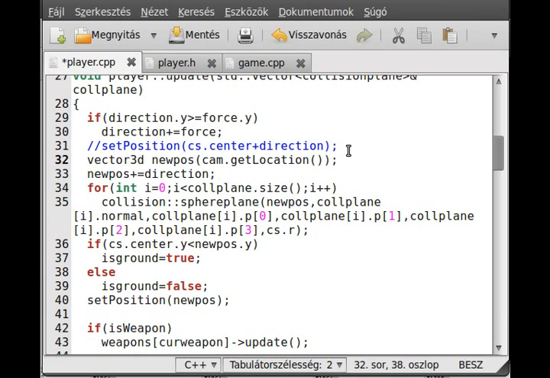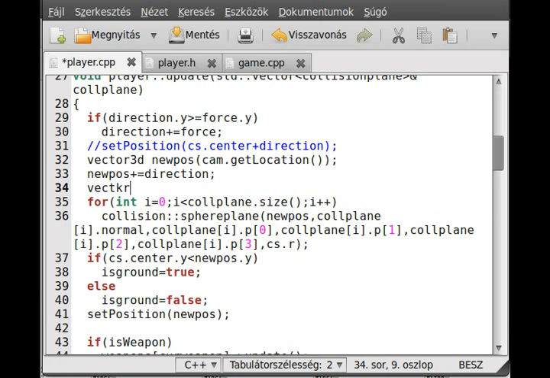I should make an old position vector right here. I will tell you a bit what the problem was as soon as I make this work. So old position, and this old position will be equal to the new position. Okay, and after we did the whole collision detection thing, here we check if the old position y was less than the new position, then we are on the ground. The problem in the original was that the new position was the same as the get location,